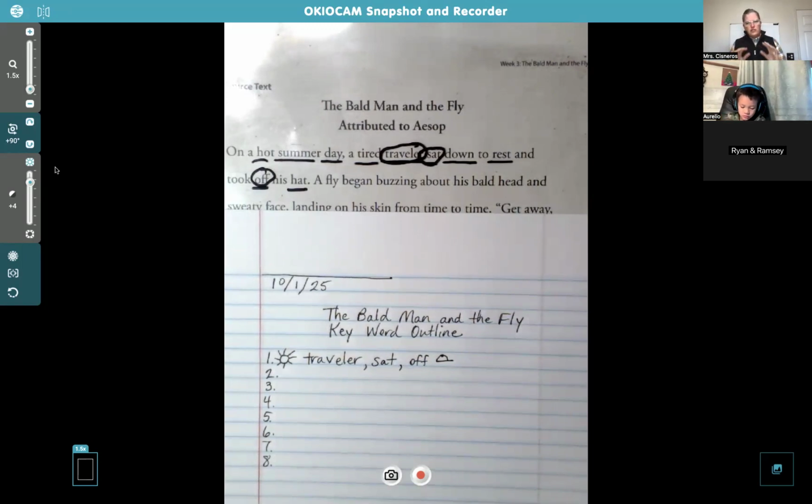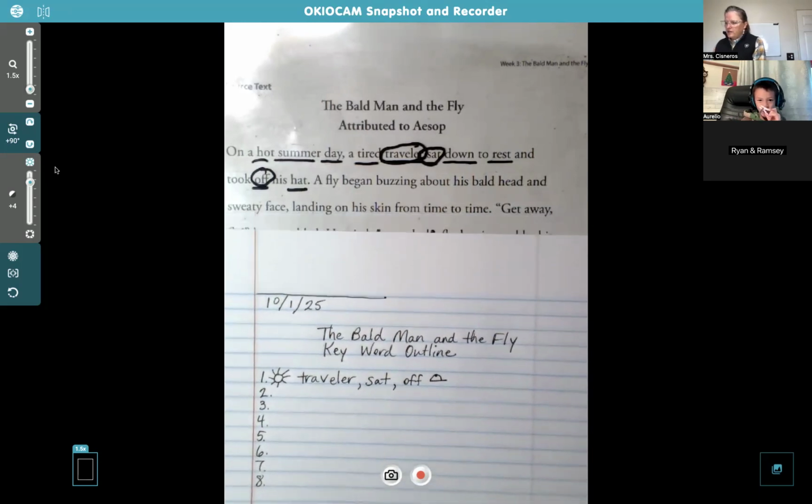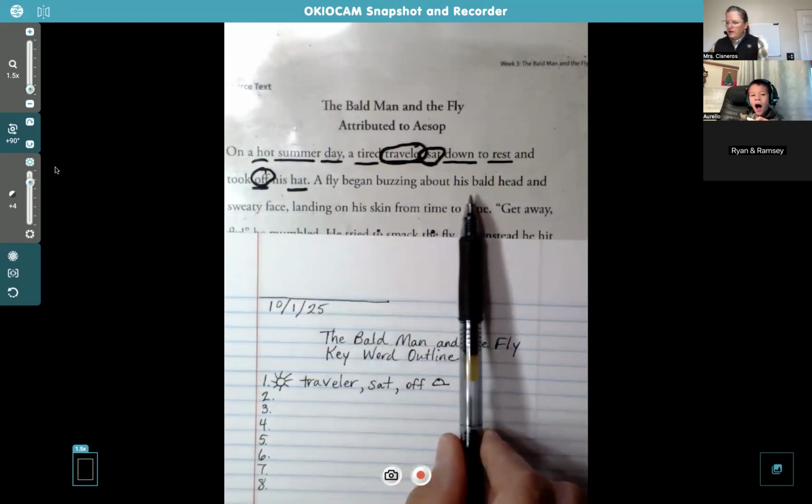Remember, we're looking at each sentence, and then we're going to pick only three keywords. There's more than that in each sentence, but we've got to pick the best. And then we can do symbols like this. The sun symbolizes hot summer day, and the hat symbolizes the hat. That's pretty easy. So the next one, Oreo, the next sentence says,